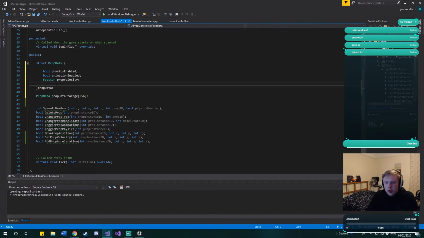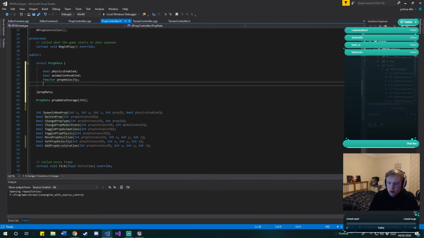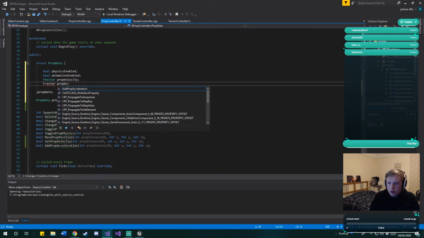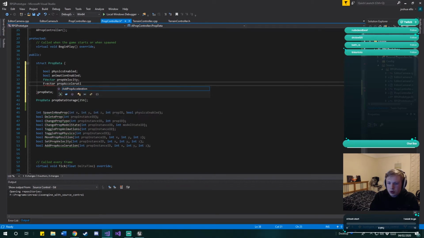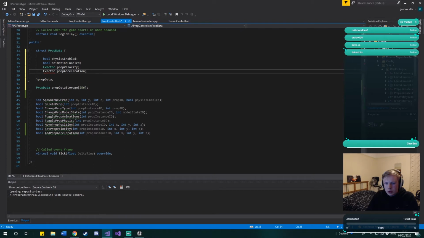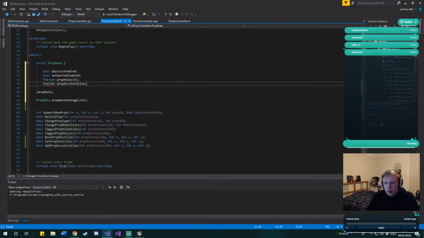So we've got prop velocity. We also don't need anything else, I don't think. Prop acceleration. What else do we need? So we've got